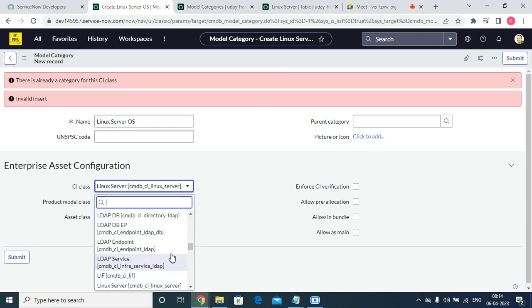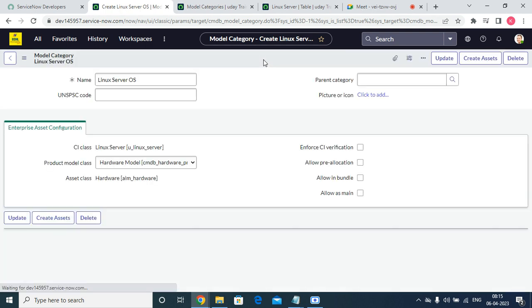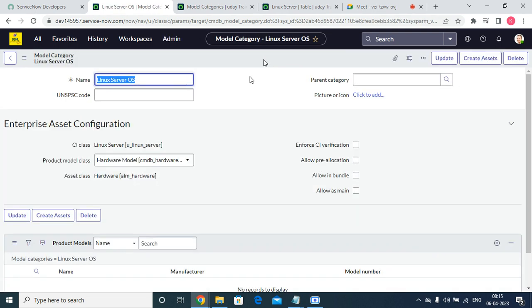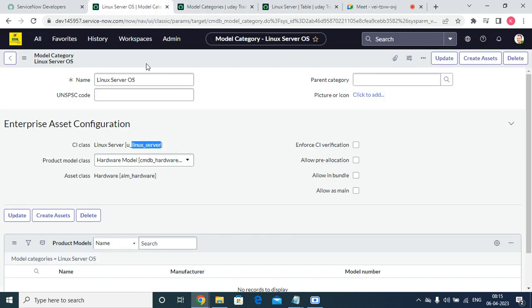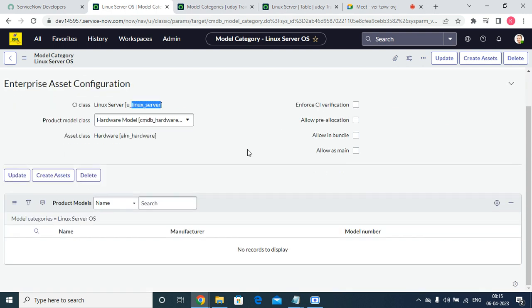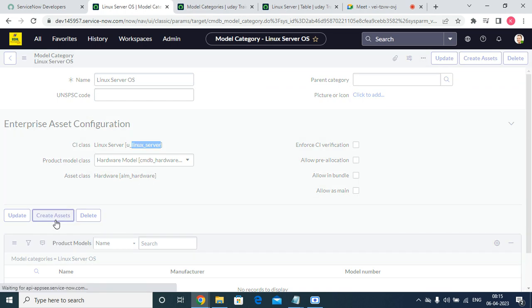So now what I'm going to do is, see, this is the Linux server we created. When I try to save this, it has now been created. Why? Because this is the CA class which you have created, and this is the hardware. Now, when you're creating a new asset, if you want to create a category, we need a CA class, a product model class, and an asset class. If you have created those, we now need to create one asset for it. If you click on this asset,